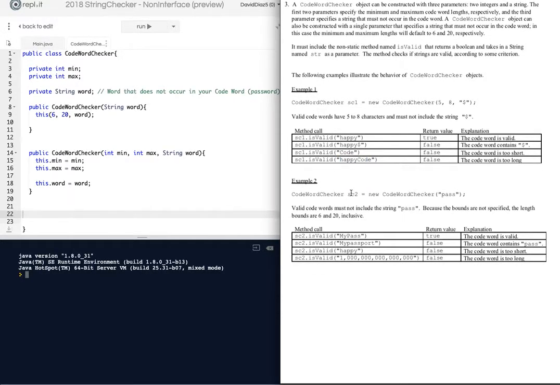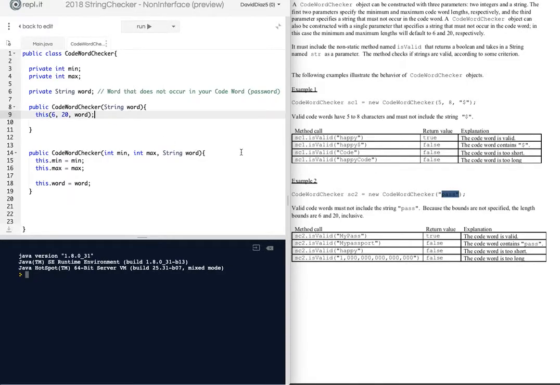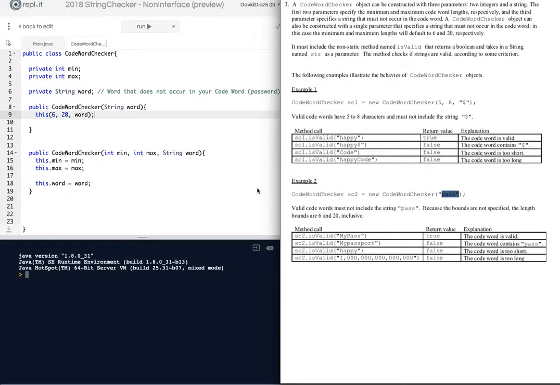Now on the second one, they're going to create another object called SC2. They call the constructor, but they only pass in 1 argument. So in this case, your parameter is the word, and 6 and 20 will be your default. So once you call your method, they pass in the code word, the password, "my pass". Notice that it's not case sensitive, so we don't have to worry about being all lowercase or all uppercase. So "pass" is not contained because that one's an uppercase P. So therefore that is true, that is a valid